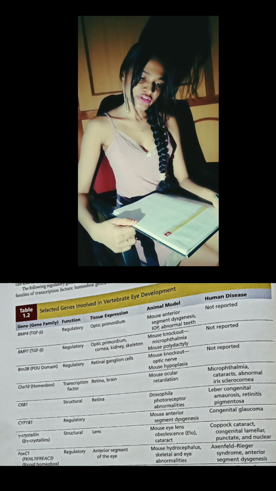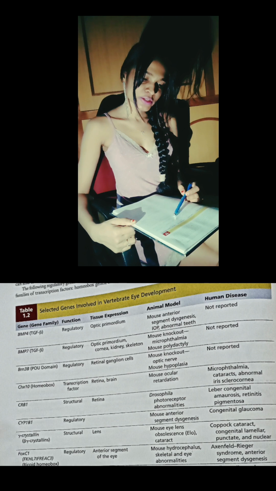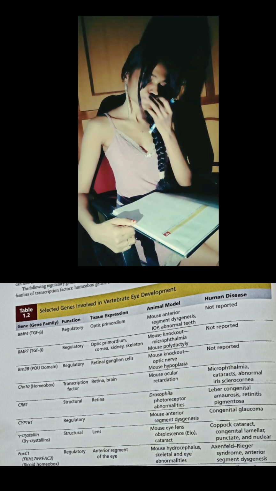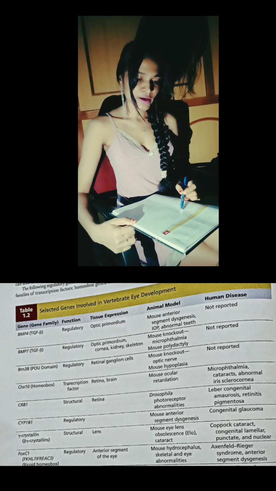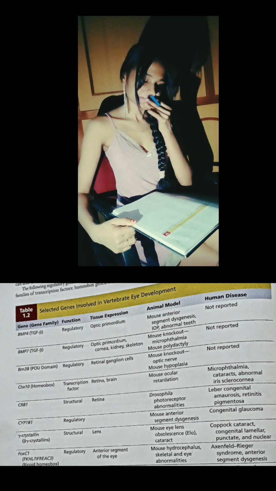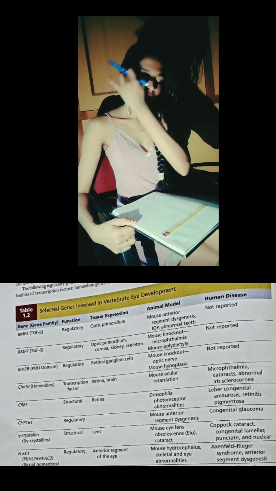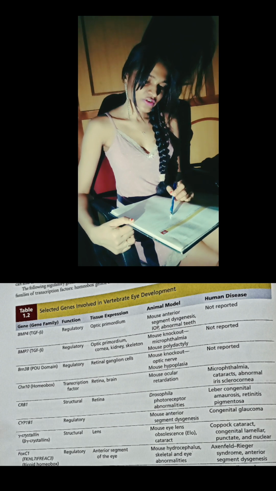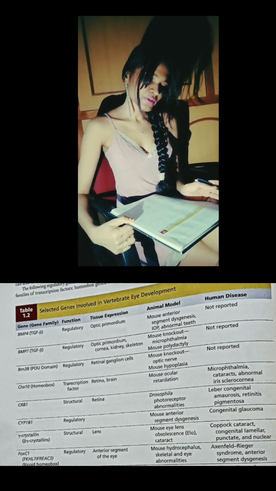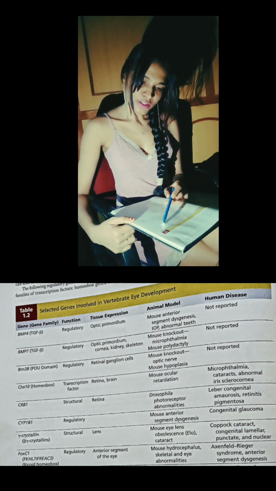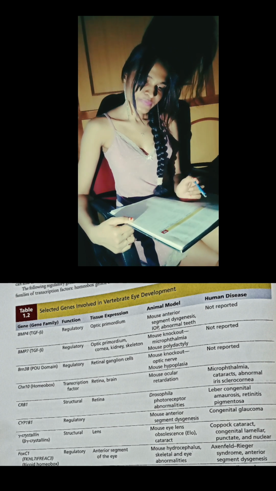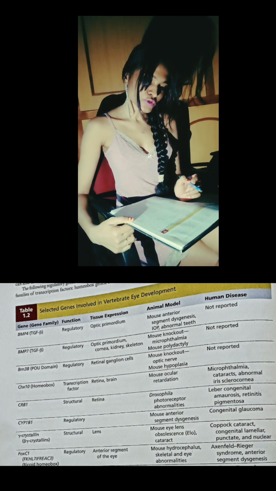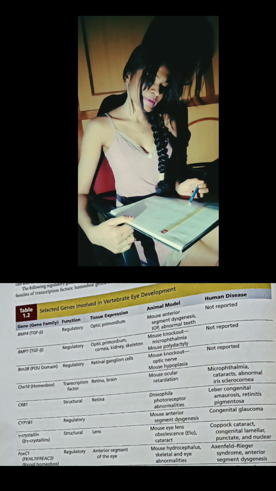TGF-beta, function is regulatory. Tissue expression, optic primordium, cornea, kidney, skeleton. Mouse knockout, microphthalmia, mouse polydactyly, human disease not reported. BRN3B, POU domain, regulatory, tissue expression retinal ganglion cells, animal model, mouse knockout, optic nerve hypoplasia, human disease not reported. Gene CHX10, homeobox, function transcription factor, tissue expression retina, brain, animal model, mouse ocular retardation, human disease microphthalmia, cataracts,